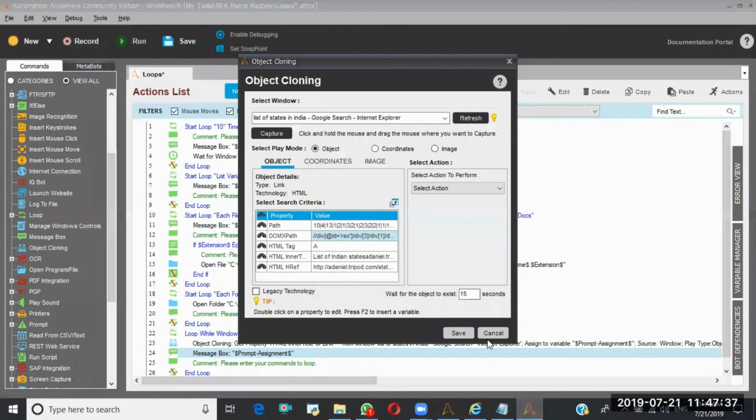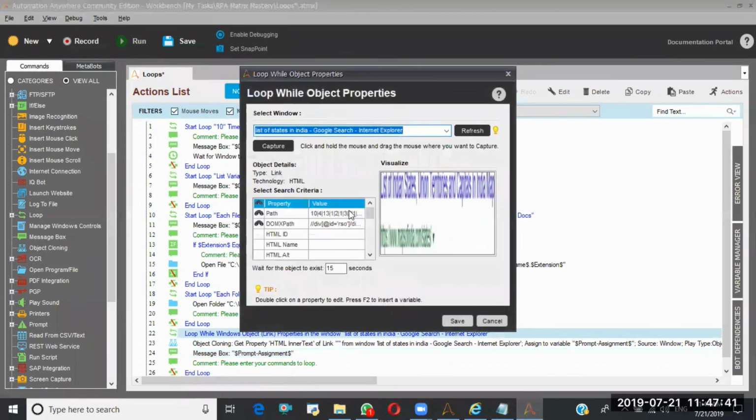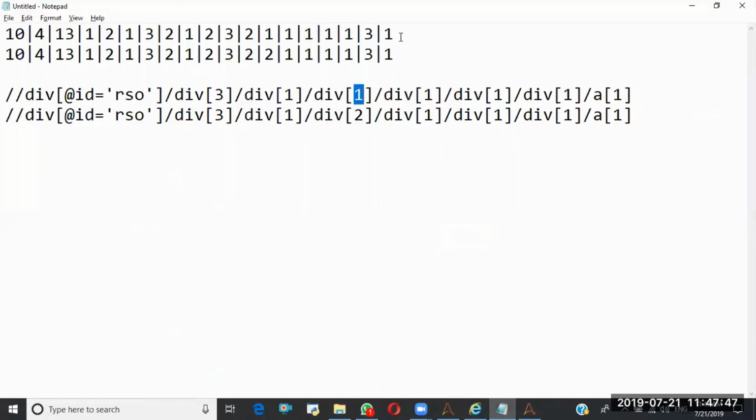I don't want this one. First, I have to customize this. So which number? 1, 2, 3, 4, 5, 6, 7, 8, 9, 10, 11, 12. 12th position.